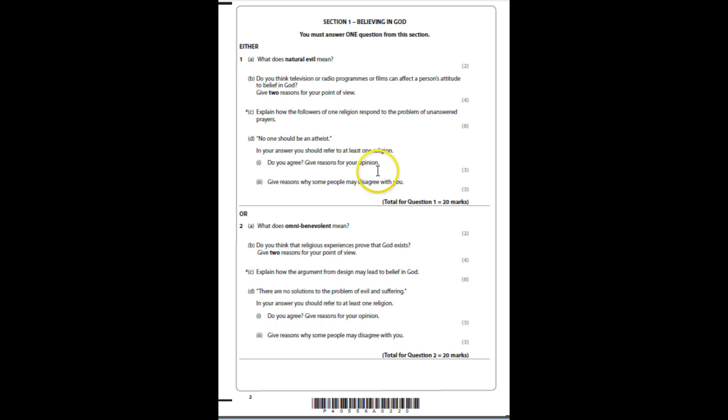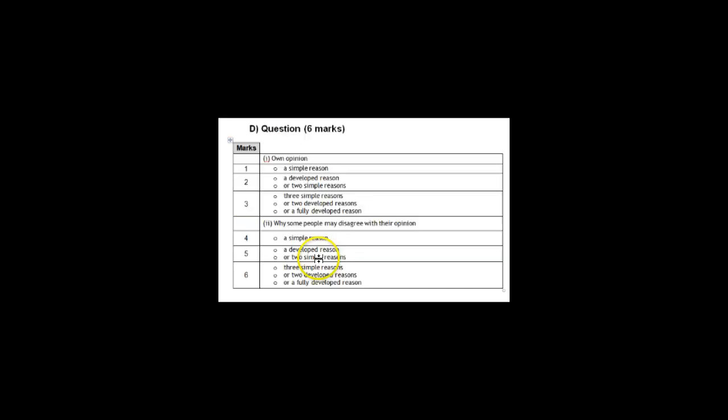3 marks for your opinion and 3 marks for the opposite to your opinion. Now, if we see what they're asking us to do, it says give reasons for your opinion and give reasons why people disagree with you. So let's look to see in the mark scheme what we mean by reasons. So here we are with the mark scheme for the D question, worth 6 marks, and as you can see, the first 3 are divided into the first part and the last 3 marks are divided into the second part,